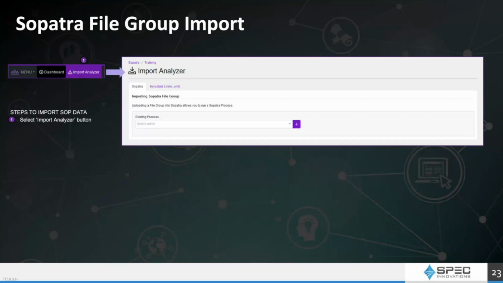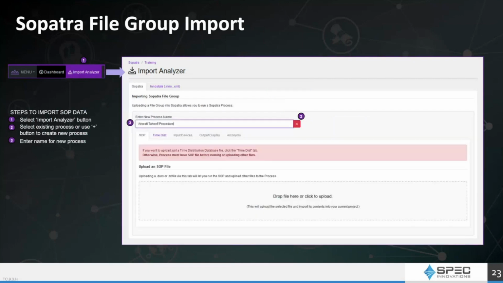So the importer. So we have an importer. Again, I mentioned that we had a special one we created for this. You can start with an existing process, or you can create your own. The little plus button right there beside it means I want to create a new one, right? Okay, good. And then when you do that, it pops up this display underneath it where you have